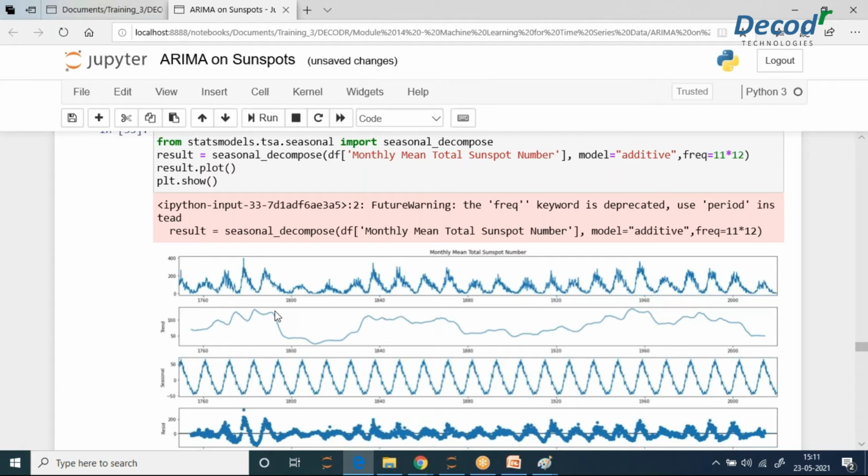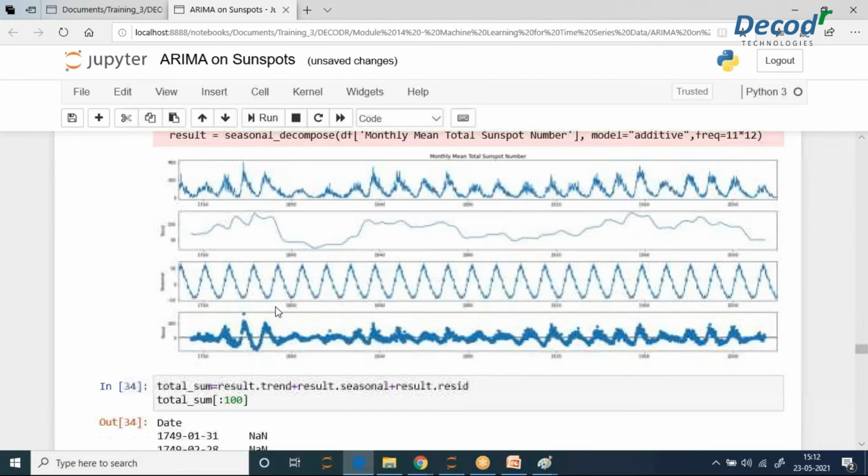And then we can apply a model that will work on it, like any machine learning model. So this is my previous, initial data. I am removing the trend from this data set. So this is just the trend of the data set.